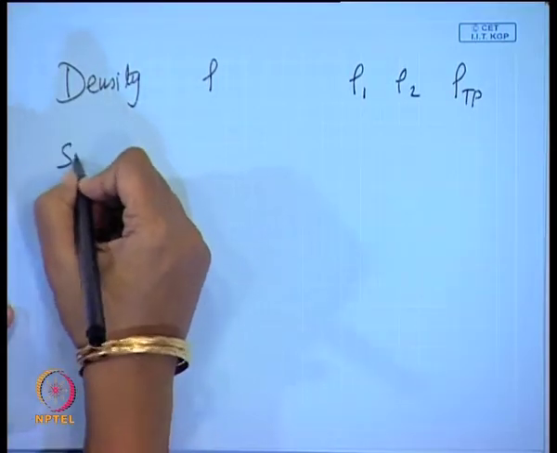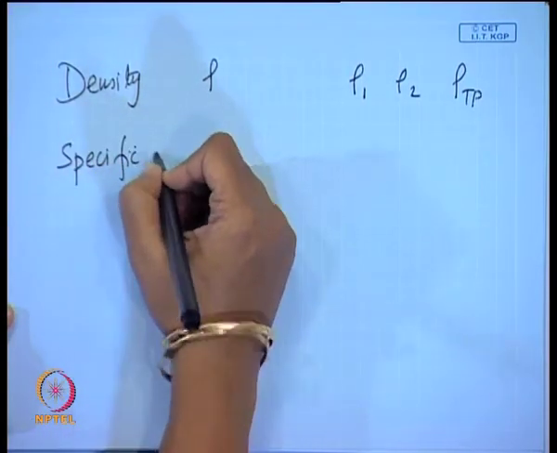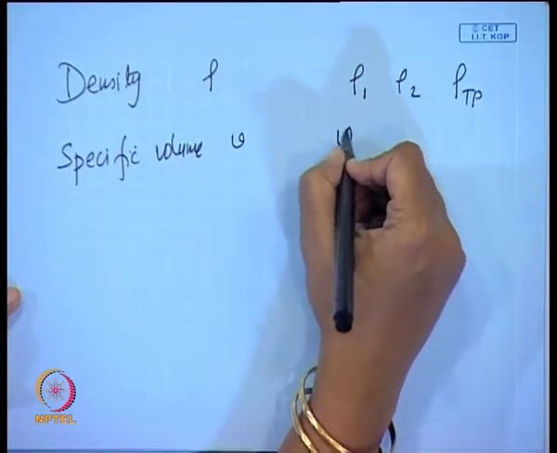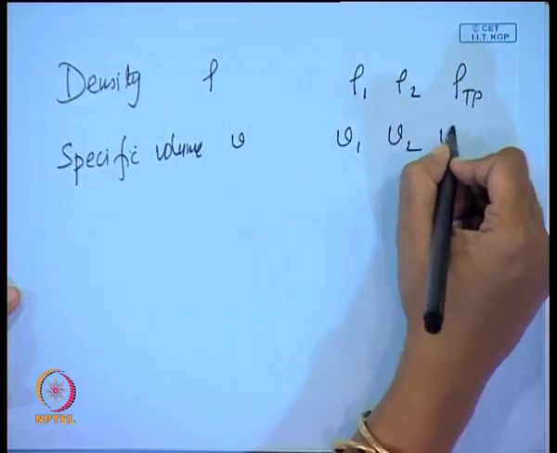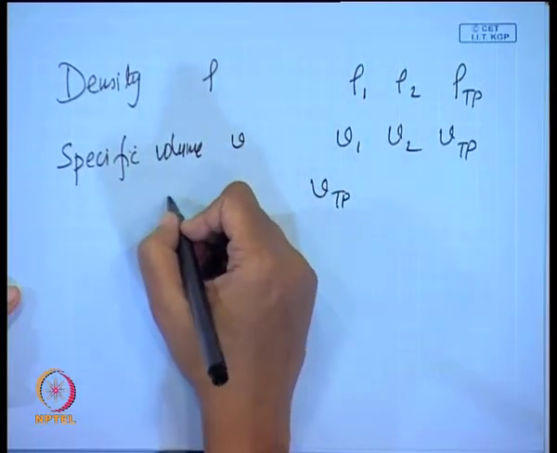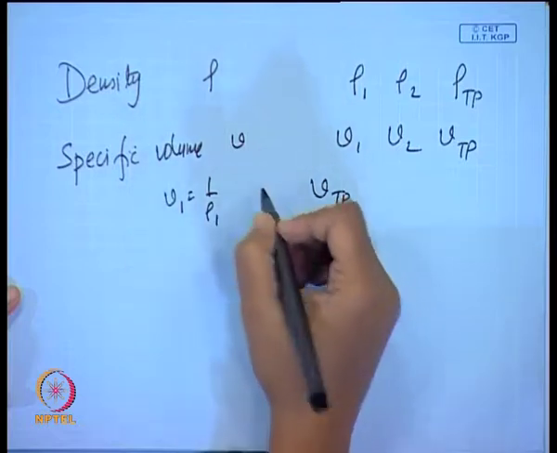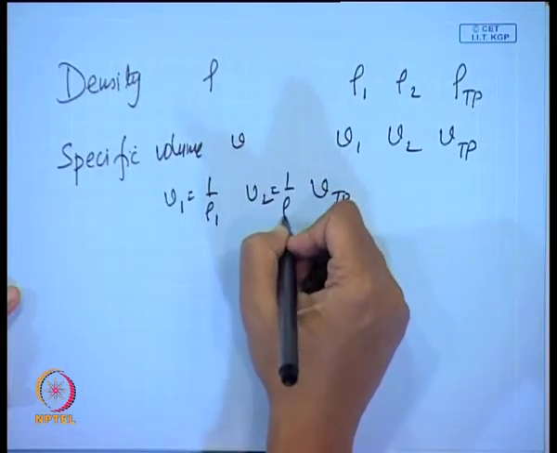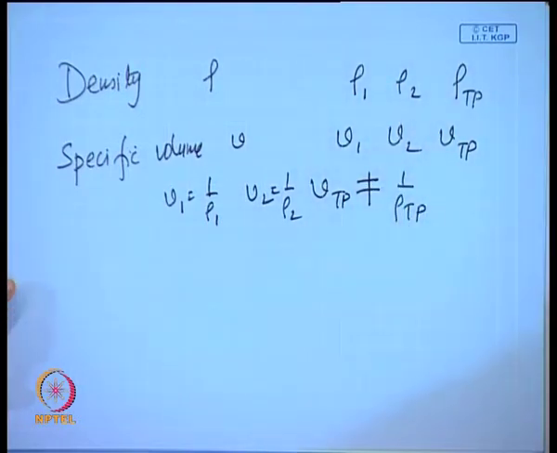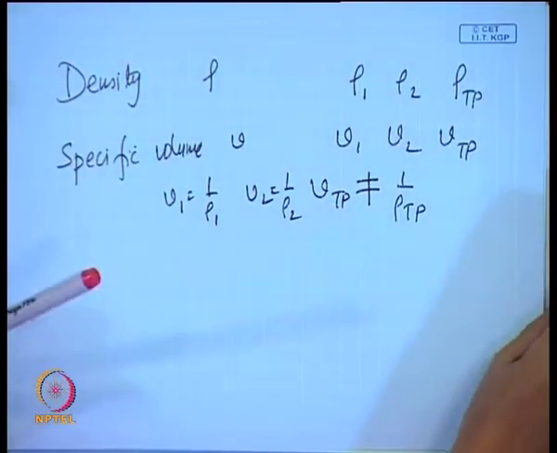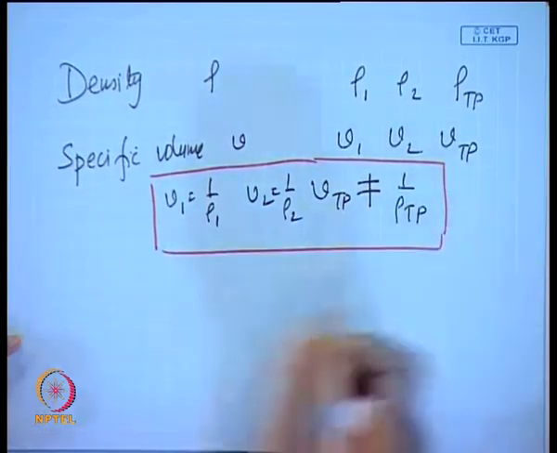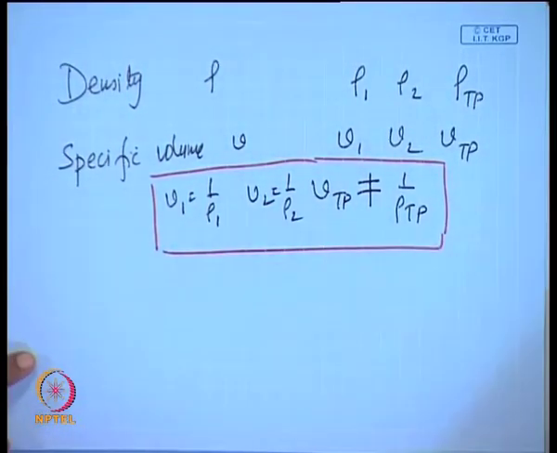How we will be defining it, that you already know and we will be discussing it later. Next we have a specific volume. I have a slide for this as well, so I will be showing you the slide after I complete this, and Vtp. And remember one thing which we have already discussed, that V1 equals 1 by rho 1, V2 equals 1 by rho 2, but Vtp is not equal to 1 by rho Tp. Please remember this, this is something very, very important. We have already discussed it, I think, in the introduction class, is it not?